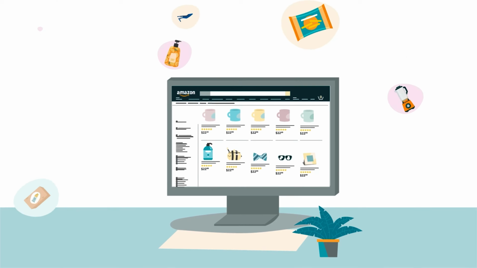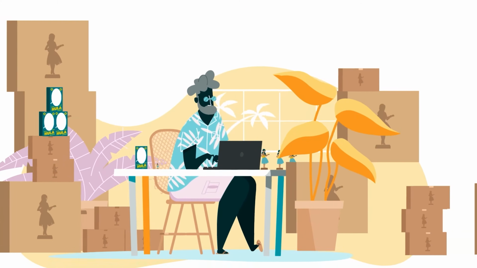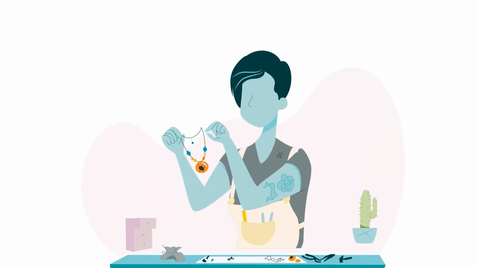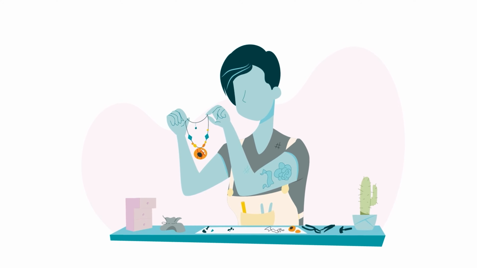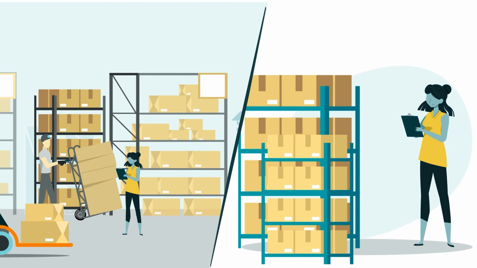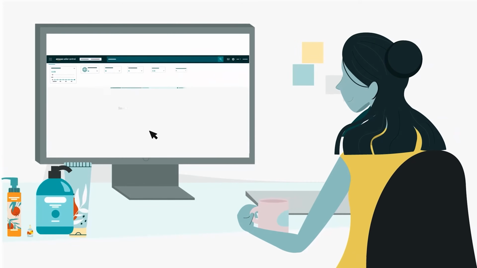Sellers list millions of products each year in the Amazon store. Some list items they've purchased in bulk in order to resell. Others list branded or generic products that they own. Whether your inventory is large or small, unique or part of an established line, you can find a listing option